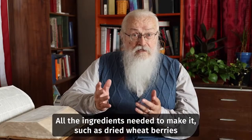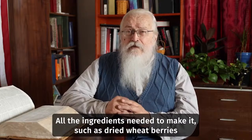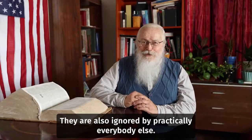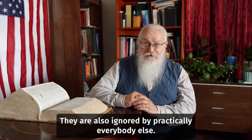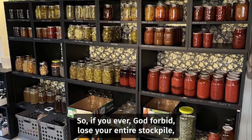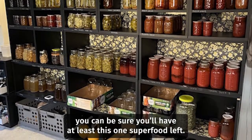All the ingredients needed to make it, such as dried wheat berries, will last for a very long time in your pantry or cellar. They are also ignored by practically everybody else. So if you ever, God forbid, lose your entire stockpile, you can be sure you'll have at least this one